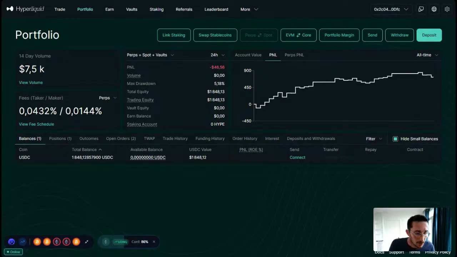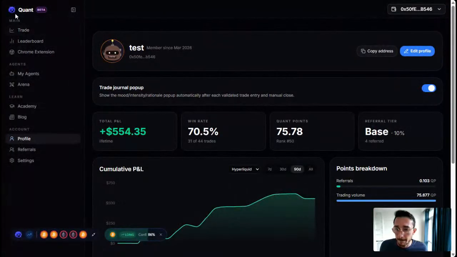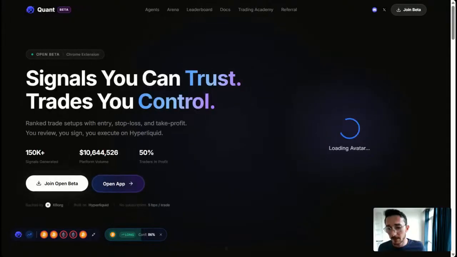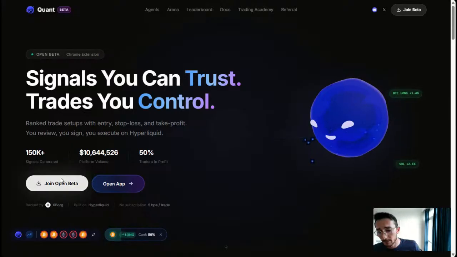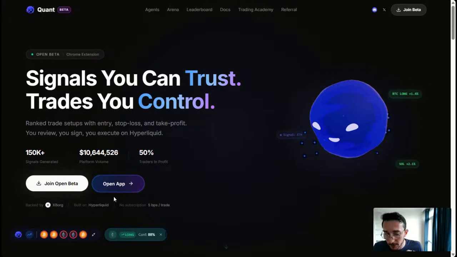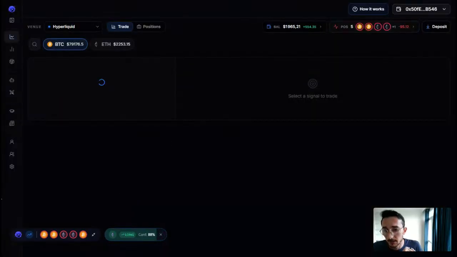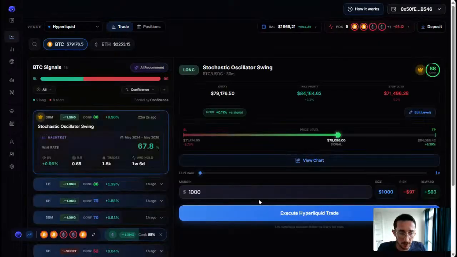Checking Quant question: can I still join the Quant beta? Yeah, obviously. On the platform, actually, we have something a little bit misleading. If you go on the platform here, there are 2 buttons. One is join open beta and the other is open app. Actually, this one I will remove tomorrow. You can just open the app and use it. So you don't need access to the open beta for most of the features that we support. So yes, you can.